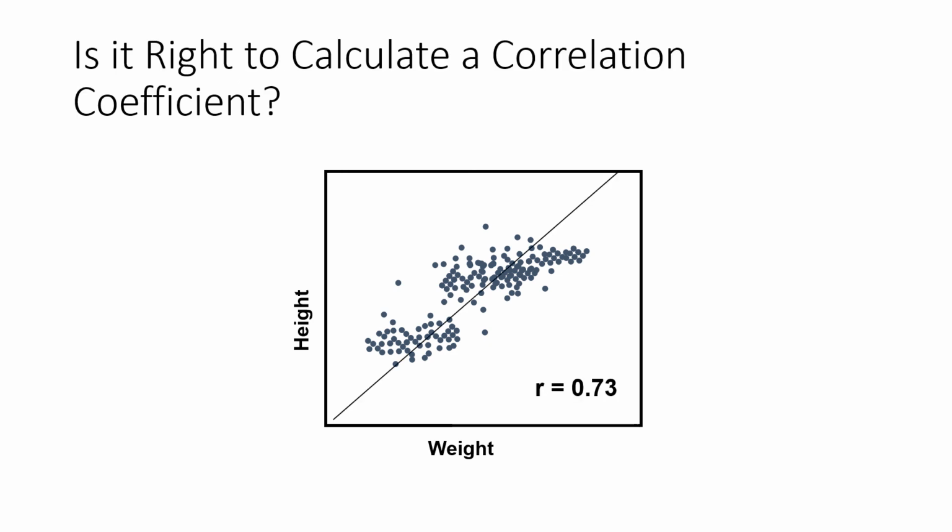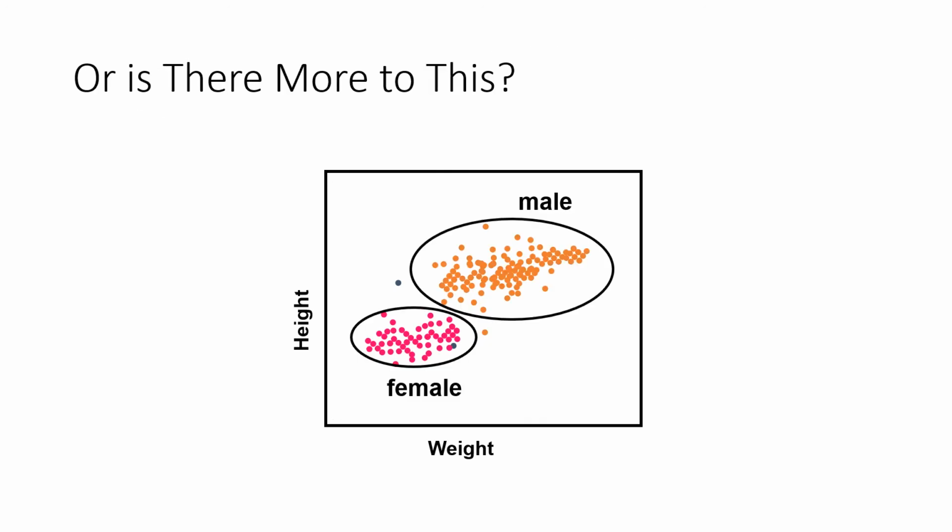The question is, is it right to calculate the correlation coefficient? Well, it certainly tells us there's a relationship, but if we colored the dots according to something else that we found out, blue dots are male, the pink dots are female, in fact there is a distinct cluster, and we can draw an ellipsoid around each of them. And so this relationship between height and weight not only reveals a linear relationship, but it also reveals a clustering phenomenon. So clustering